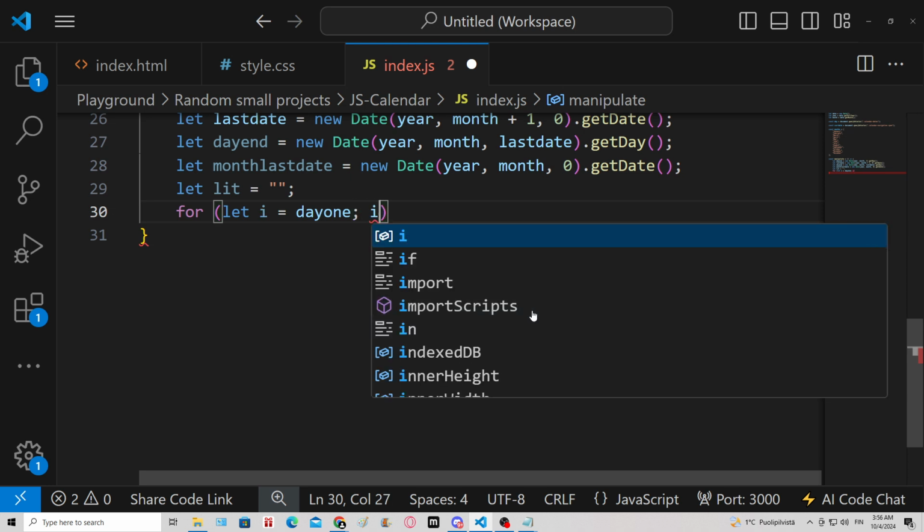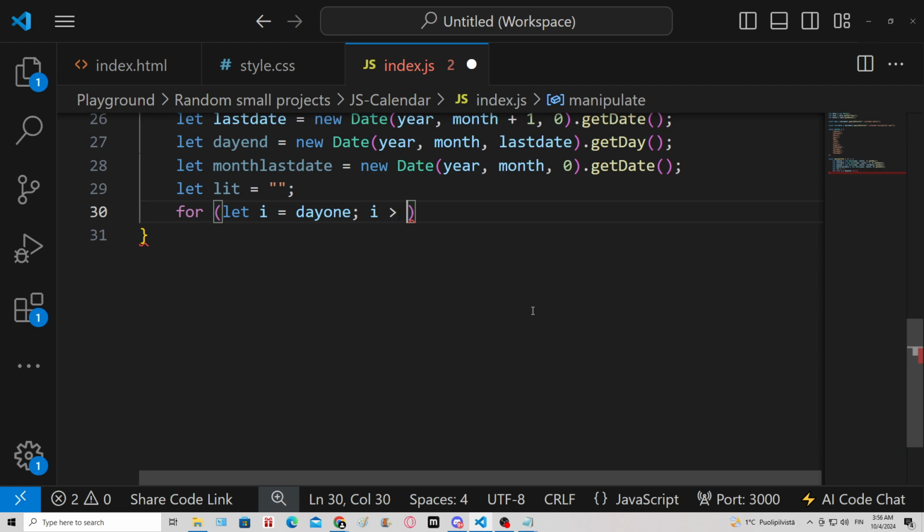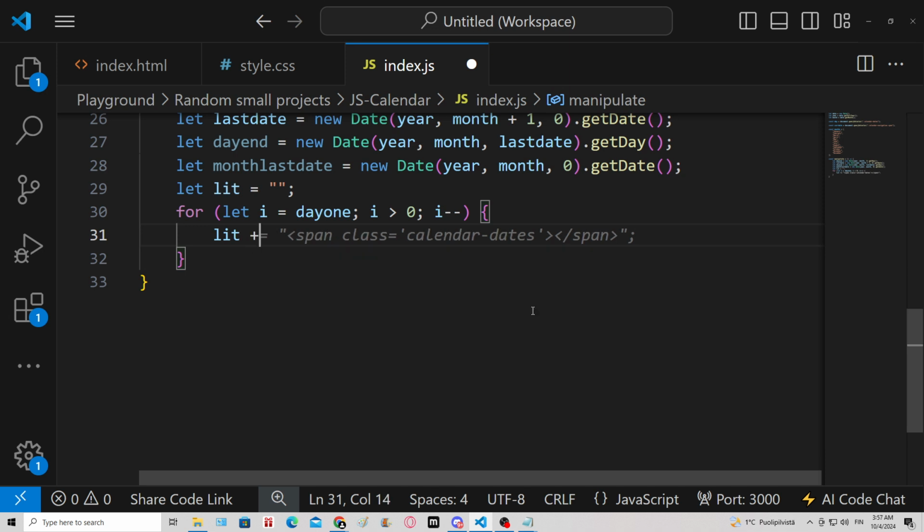Semicolon. And when i is larger than 0, we will decrement. So we will loop to add the last dates of the previous month. So lit plus equals a template literal. So we will create,